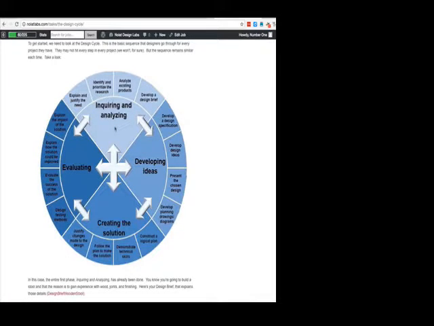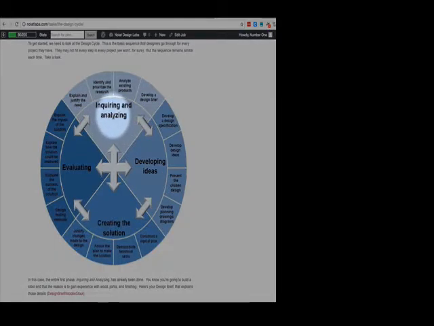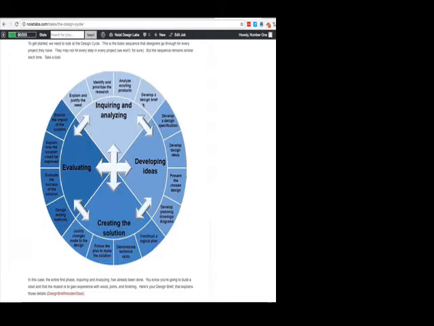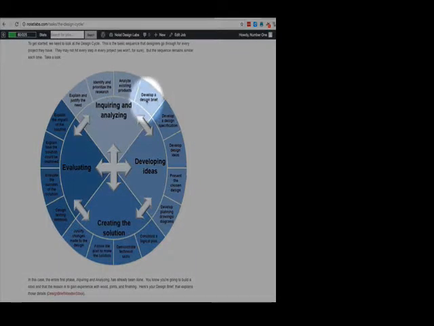So the basic process that we'll use every time we go through a design sequence where we're designing and then building something is called the design cycle. And this is how we describe it in the IB, dividing it into four main phases. Inquiring and analyzing, which is basically defining the problem, and then developing a design brief that has the specifications for